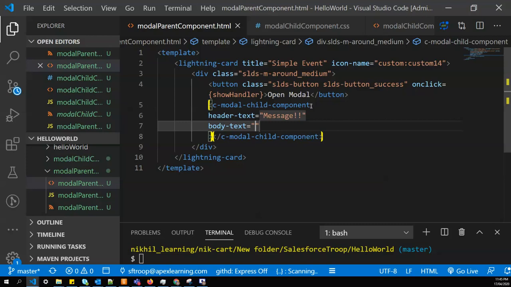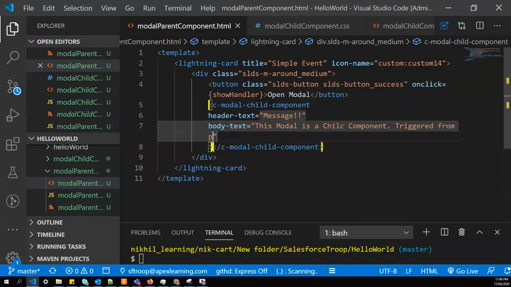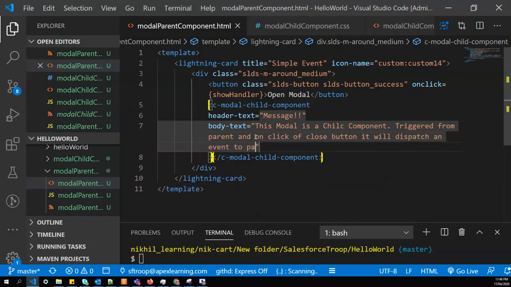I'll pass: this model is a child component triggered from parent, and on click of close button it will dispatch an event to parent handler. So this is the body description that I have given.